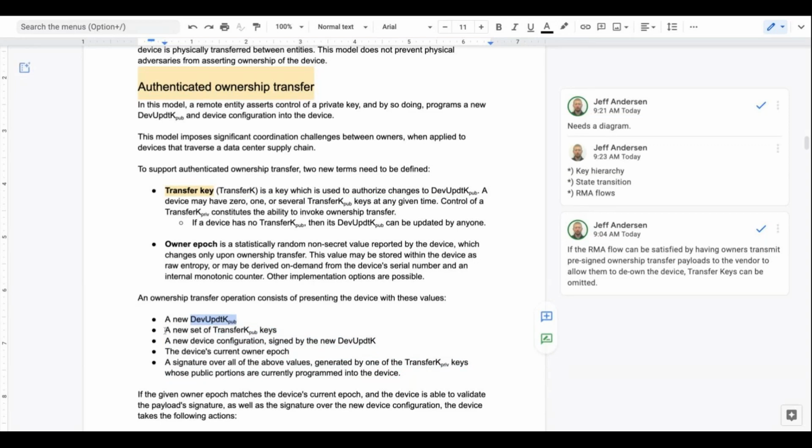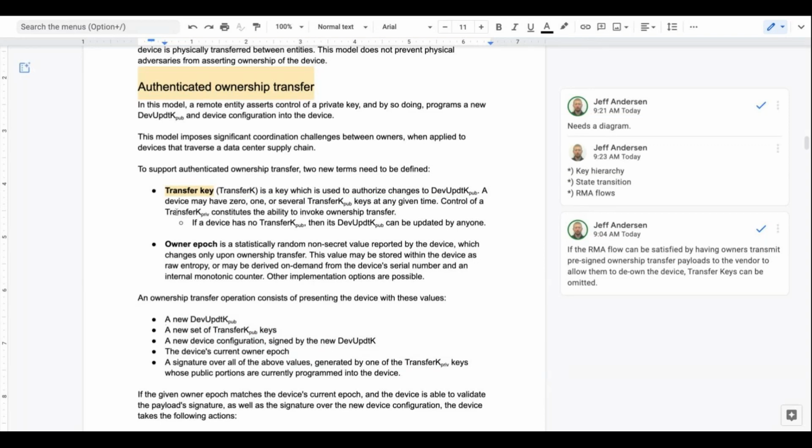Oh, okay. So it's like the other way. So I have to, as the new owner, send everything from myself to you, and you will sign it and give it back to me. But do you see the situation when you, as a current owner, want to generate this information and provision your transfer key and send it as a package to the new owner, so the new owner can do whatever he wants to do? So I can do that.